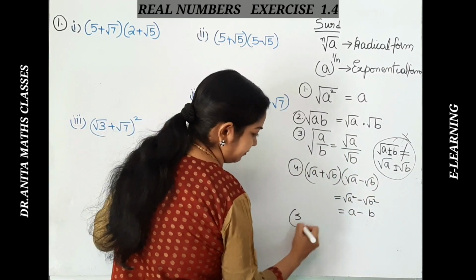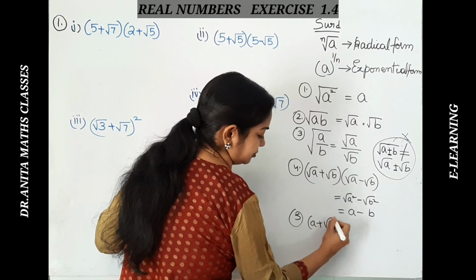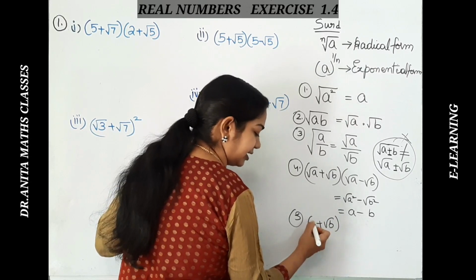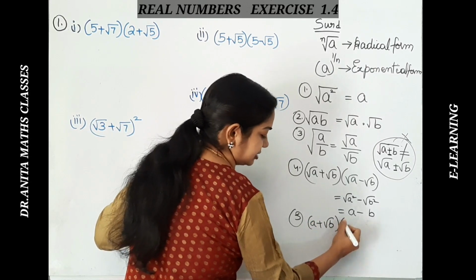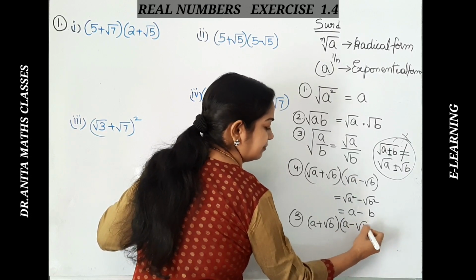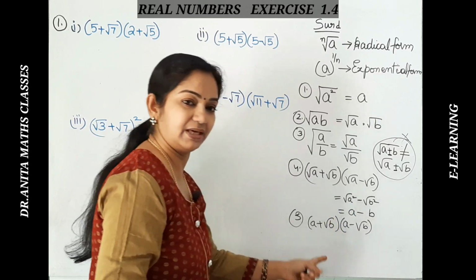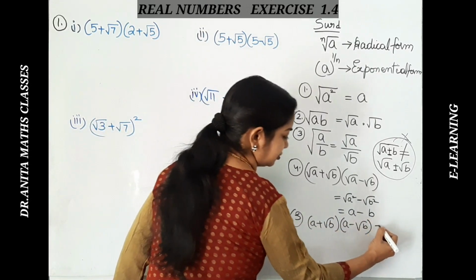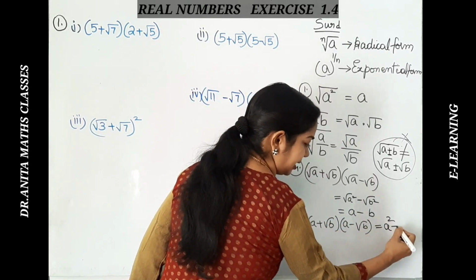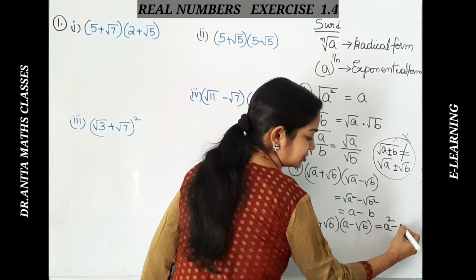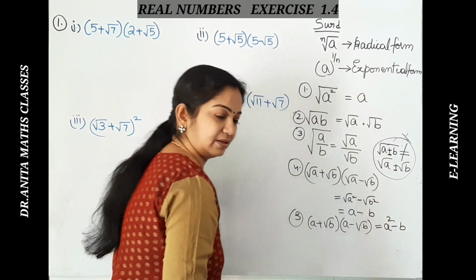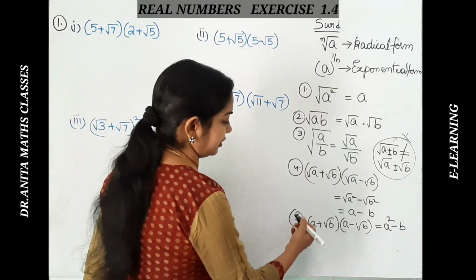Right. Similarly, if you are taking a plus root b, the case of a rational and an irrational, the same thing, (a plus b) into (a minus b). Here a is a only, but b is root b. The same thing, so this comes to a square minus root b whole square. So that is just b. Okay, so likewise, we can also frame anything.